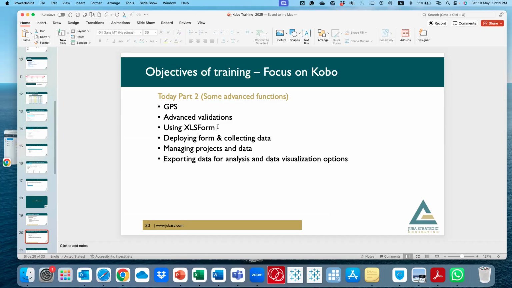and we want to look today maybe at how we build projects using an Excel form. Then you can upload it into KoBo. It is easier, actually saves you time and helps you quickly build in some of the complex validations. Then we can go into, after building your form, what next, right? So how do you then go into the next step, which is starting the data collection? So how do you deploy the forms?